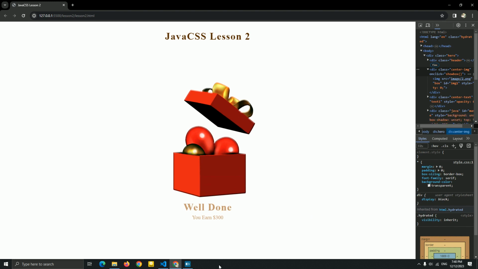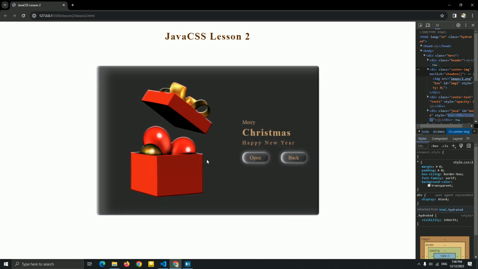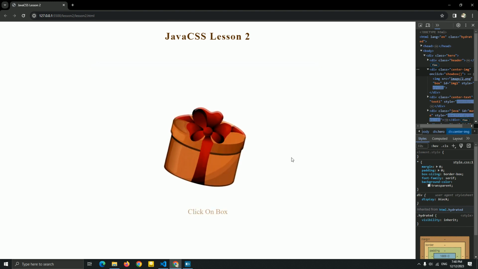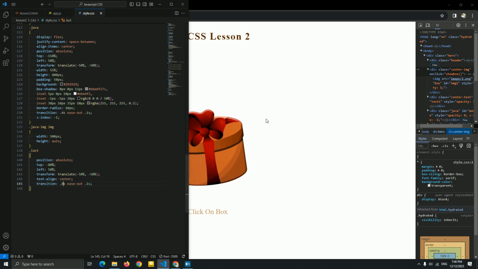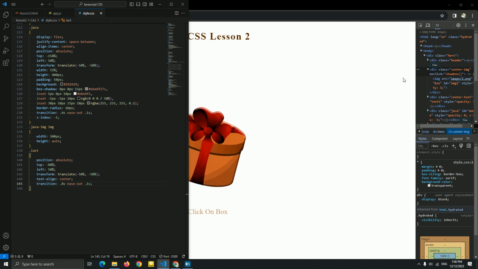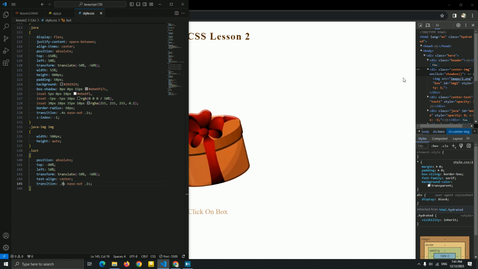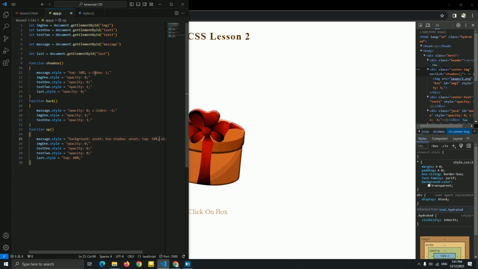Or you can add a bottom instead of the top, so that from the bottom comes up this description of the well done message. And yeah, this is beautiful, and as you can see, this is a nice animation with top and bottom. But as a teacher, I don't recommend using left and right, because we get overflow. And as I said, guys, if a timeline doesn't have this problem of getting overflow, you can use a timeline instead of this Java CSS. But I just created a Java CSS for just a simple animation.